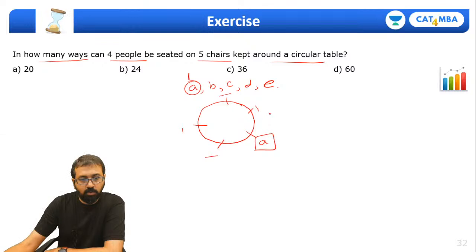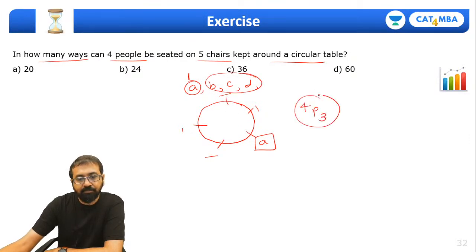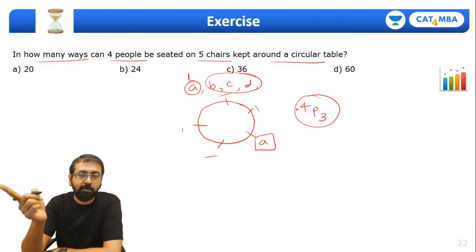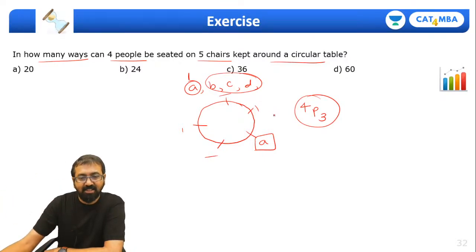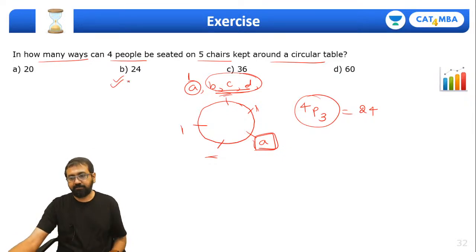Okay. And there are 4 people, sorry. So there are only 4 people, by the way. So now these 3 people can be arranged on 4 chairs. Can I say in 4P3 ways? 4 people on 3 chairs or 3 people on 4 chairs? It's one and the same. So 4P3 ways, because once you have fixed the position of one person, all these positions are different. So we have 4 different positions now, and we have 3 people. So 3 people on 4 chairs, again 4P3, which is nothing but 24. So the answer is option B.